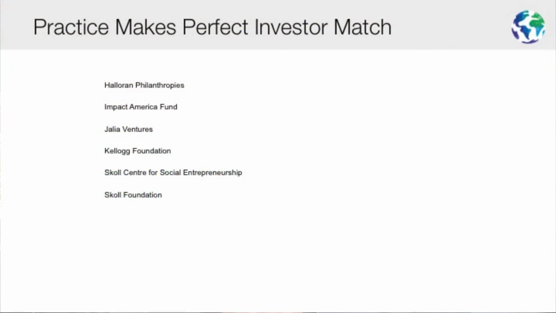The other one is Practice Makes Perfect. I ran the same kind of analysis against our investor database. This one is US only investors who were interested in education and were willing to supply a grant, because Practice Makes Perfect didn't show a strong cash flow from their projections and were very much oriented towards providing grant support to the students that they brought in for their summer internship and essentially summer school to improve the next year's educational performance. All right, so what does this all mean to you?